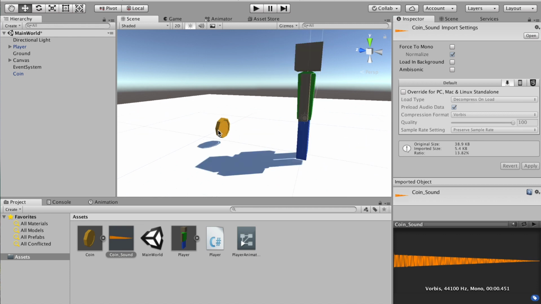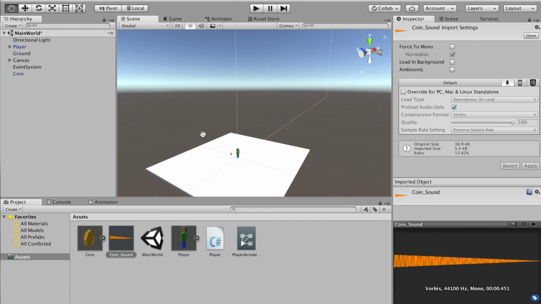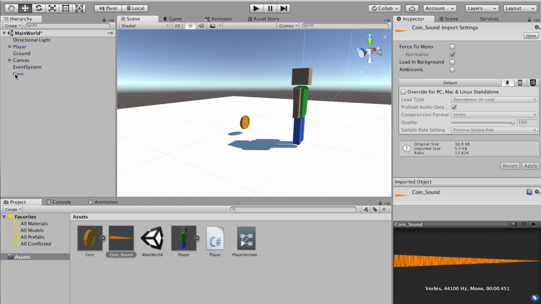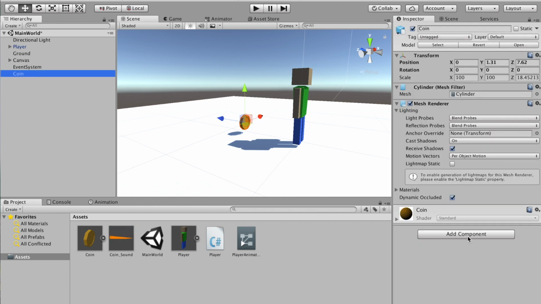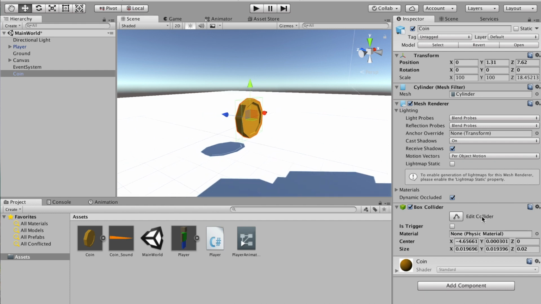First, that will make a coin spin. Also, that will play a sound when we touch it, and that will add up numbers to our coin counter. If we click on this coin, we're going to first add a box collider so that it has this little box around it, and then we're going to click this little checkbox right here that says is trigger. So that means when the player collides with it, it's going to activate the trigger,